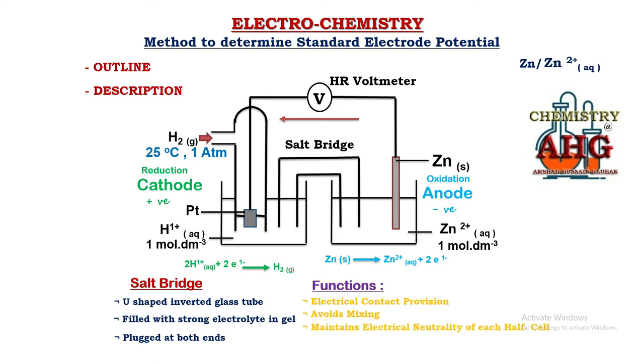What is electrical neutrality? Electrical neutrality means that electrons lost by a half cell must be equal to electrons gained. Why is it so? Electrical neutrality is important in increasing the lifespan of a cell. If a half cell is not electrically neutral, then the cell can expire quickly. So what does this mean? Let me give you an explanation for this.